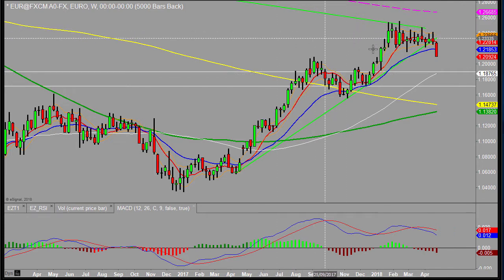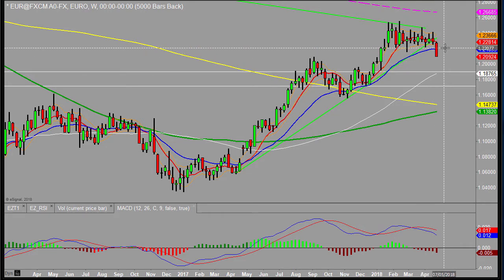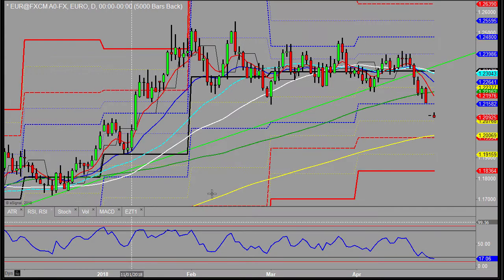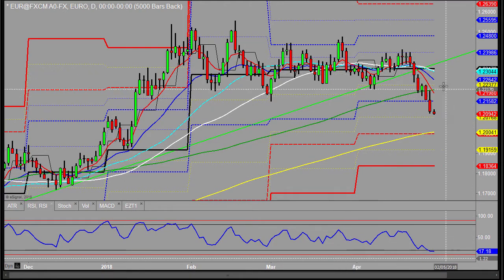So starting off with the euro dollar, I just thought I'd look at this weekly picture, because towards the beginning of the week we were bouncing around that 21 moving average and it was struggling with that. It's well and truly through that now. I'll talk more about that next week in the weekly outlook, but for now, I've just got a bit of a pause situation. After a quick reboot of eSignal, here we go, continuation.